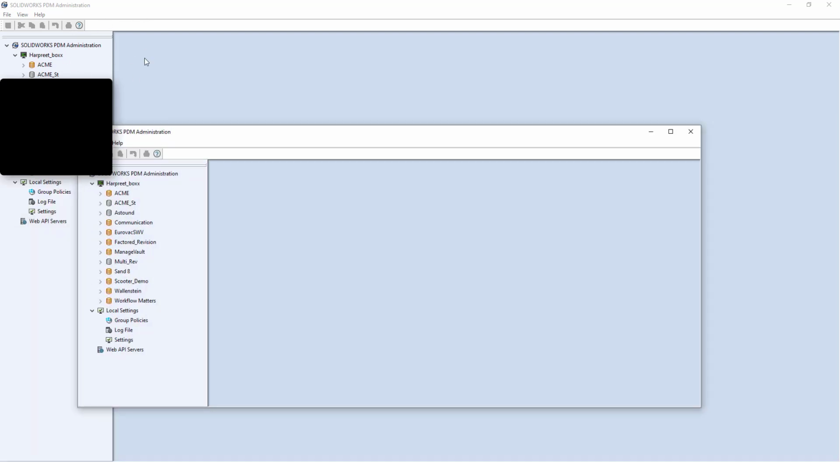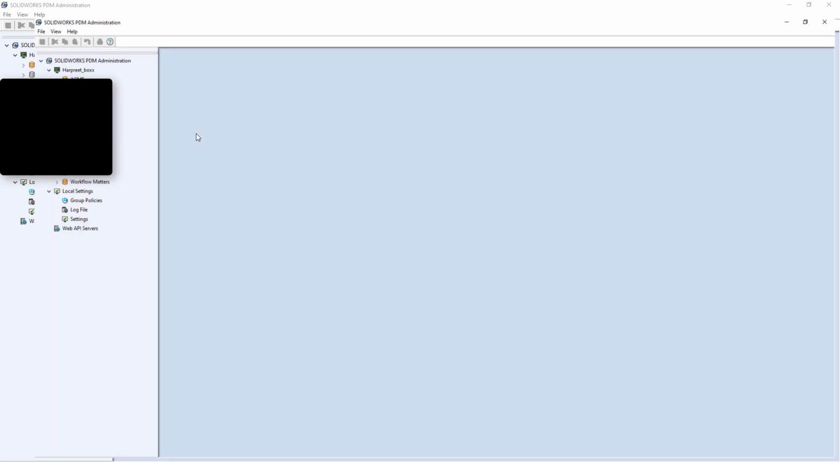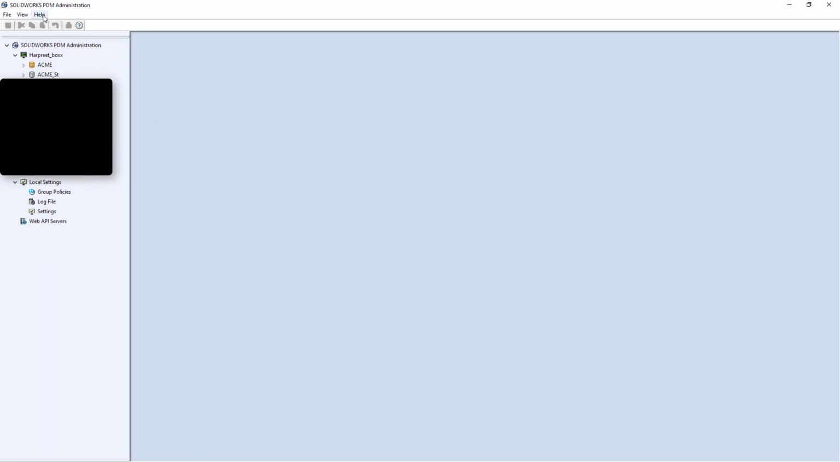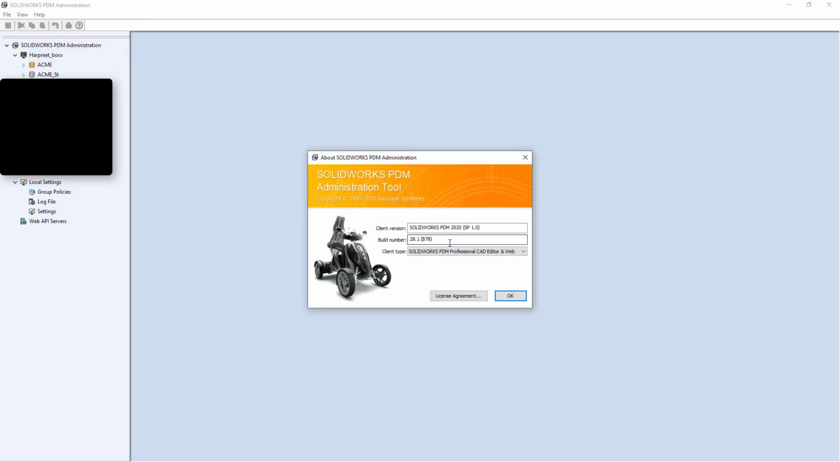A window similar to the one that I have in the background will pop up. And here now, all you need to do is just go under Help. You go under About SOLIDWORKS PDM Administration. You click on this drop down menu, select Contributor or either Viewer, whichever you would like to do, and